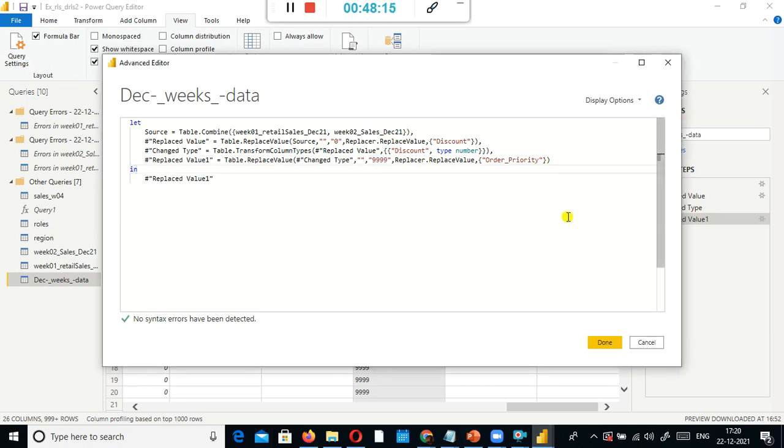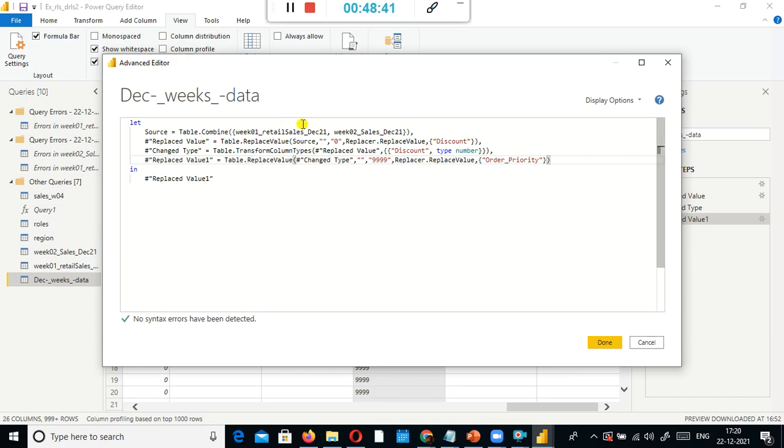Okay, if you don't know something, you see the one thing what I did, I used is blank. Now also I can use is blank to replace the blank value by this one, some 999 or something like that. So we have a function called is blank. The is blank function is part of my DAX functions, but I am currently in Power Query Editor.